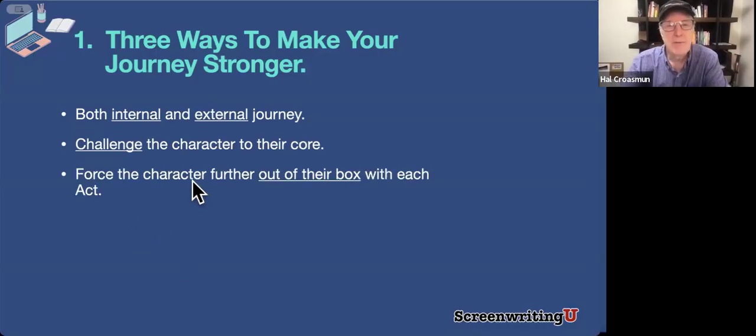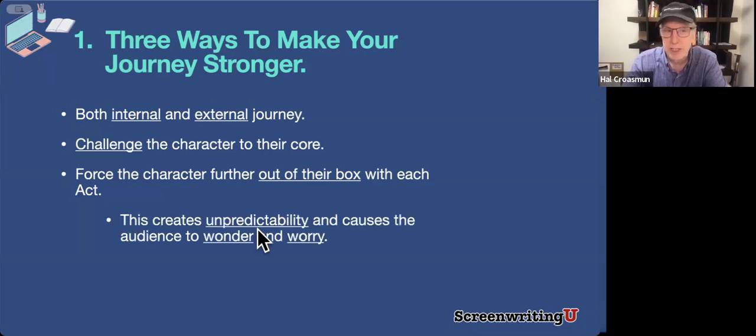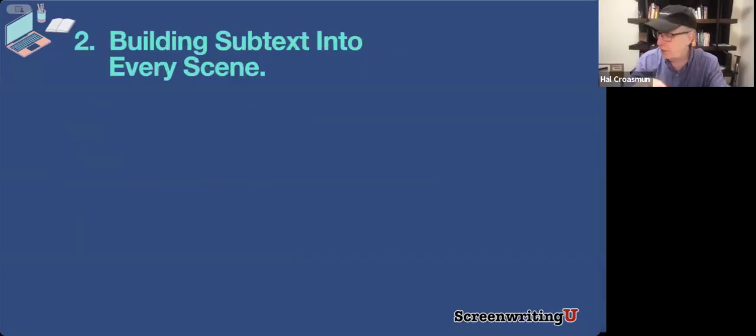Here's the other part. At the end of the first act, the character has now stepped into this new world, or they've stepped beyond where they'd ever been before. Force that character further and further outside of their comfort zone, right? Because as soon as they're outside their comfort zone, we have something new. The character has no idea how they're going to deal with it, and the audience has no idea. So that makes a big, big difference. It creates unpredictability. It causes the audience to wonder and to worry. And if you can do that again and again, you are somebody special in this world as a writer. So then number 2,